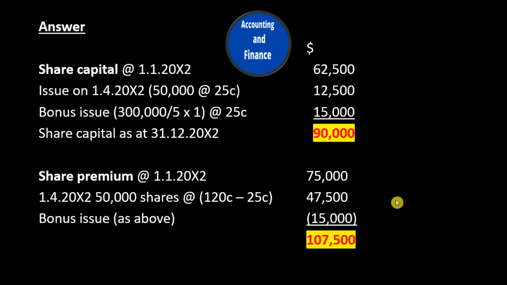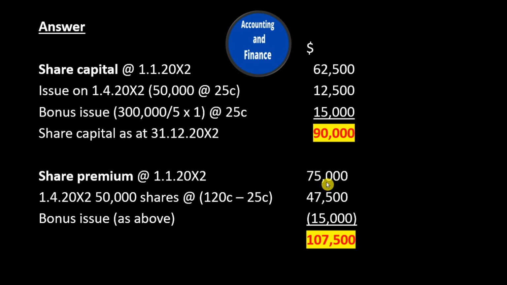Answer: share capital at 1/1/20X2, $62,500. Issue on 1/4/20X2, 50,000 at 25 cents, $12,500. Bonus issue, 300,000 divided by 5 times 1 at 25 cents, $15,000. Share capital as at 31/12/20X2, $90,000. Share premium at